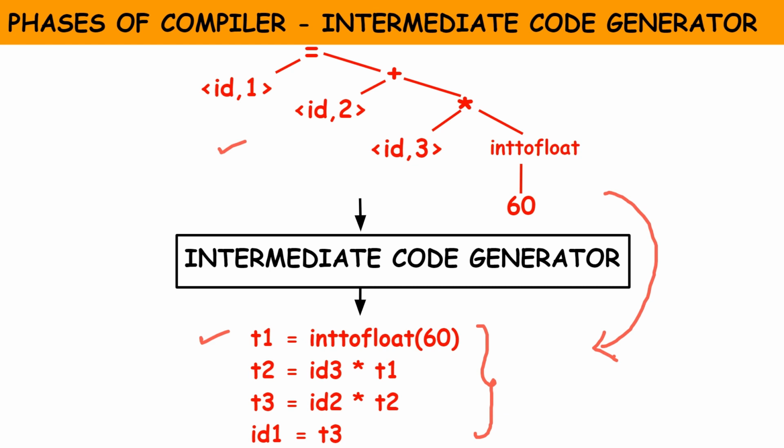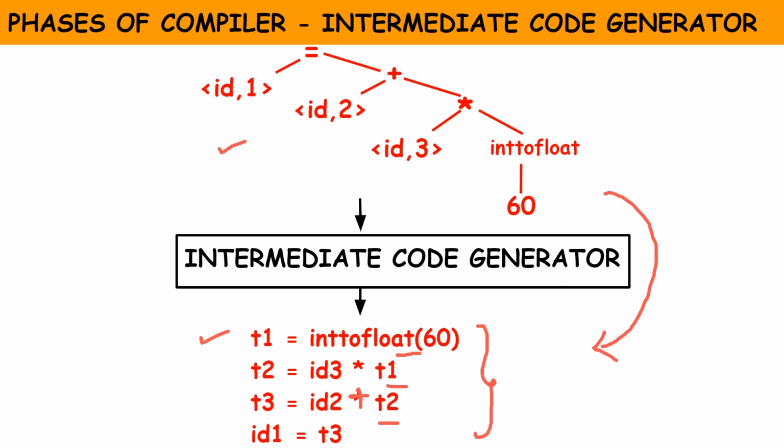as follows. T1 is equal to inttofloat of 60, id3 times T1, which is assigned to T2, then id2 plus T2, which is assigned to T3. Finally, T3 is assigned to id1. So this is the intermediate representation in the form of a 3 address code. The intermediate representation has 2 properties: easy to produce and easy to translate into the target machine code. So this 3 address code will be given as input to the next phase of the compiler, which is the